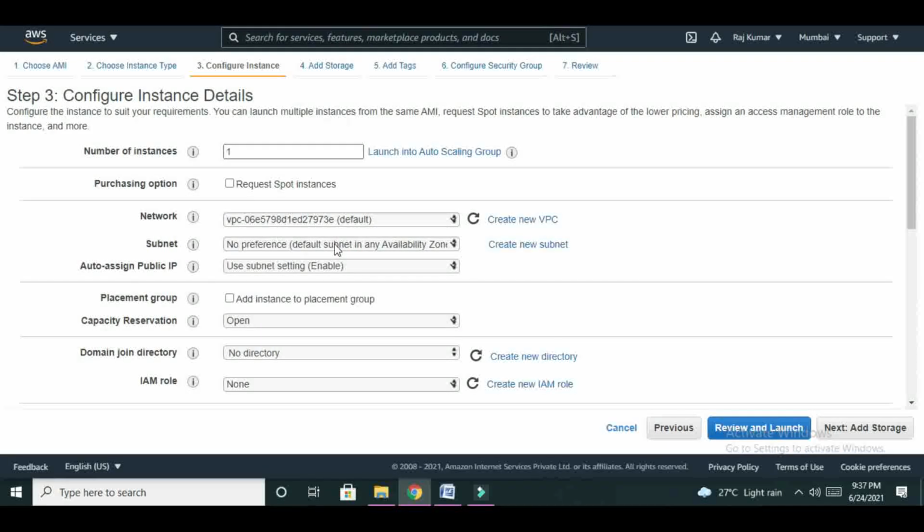Similarly, subnet and different role and other thing, we have to different parameters the user has to set. So in this way we can set up the availability zone, set up the region. Depending upon that, it is going to provide the accessibility for that region.